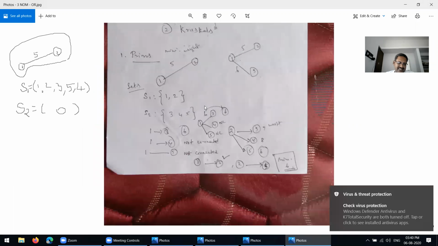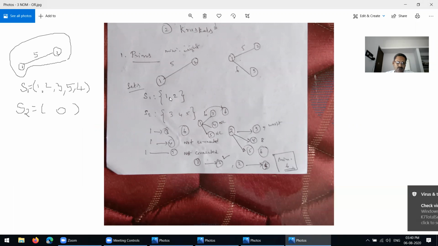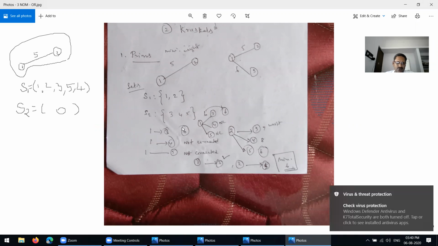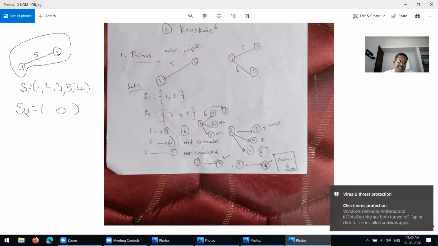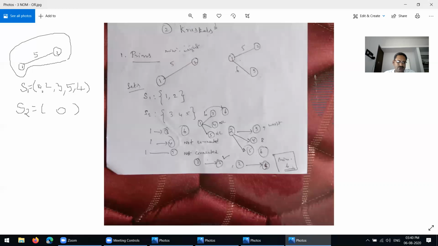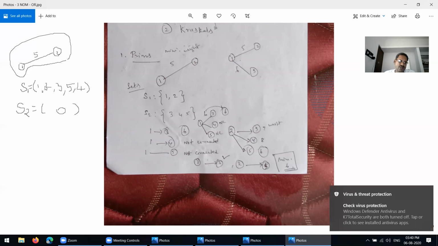Here we are having like this. 1, 2, then 1, 2, 3, 1 to 4, and then 1 to 5. 1, 2, 3 is connected, other two are not connected. So the minimum value is 6. Then what's the 2 to 3? 2 to 3 is 7. 2 to 4 is 8. 2 to 5 is 6. Then you have to take it as 1 to 3. 1 to 3 is 6. So now we write here now 1, 2, and 3.